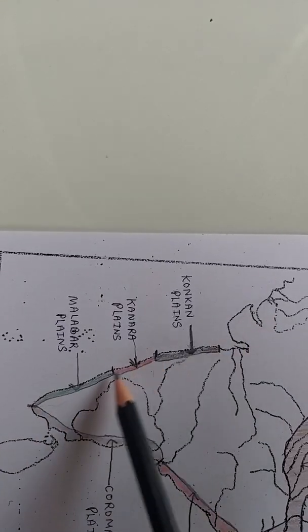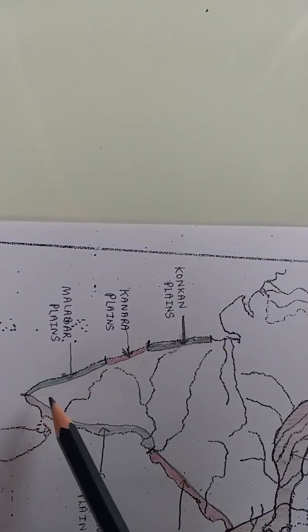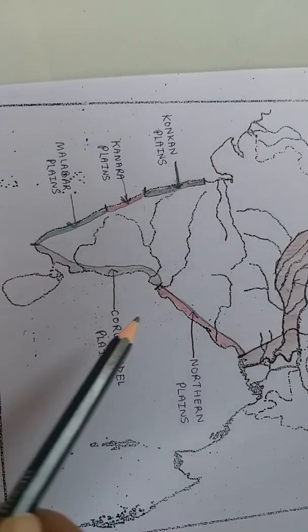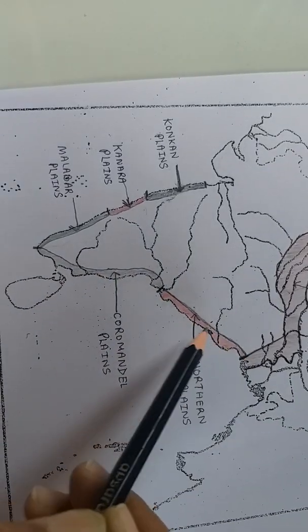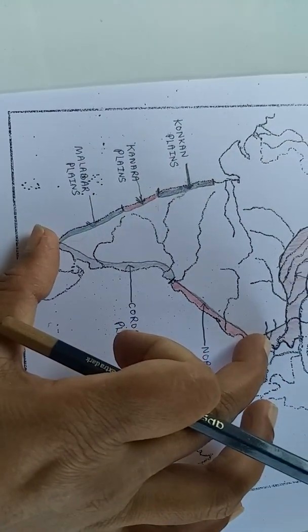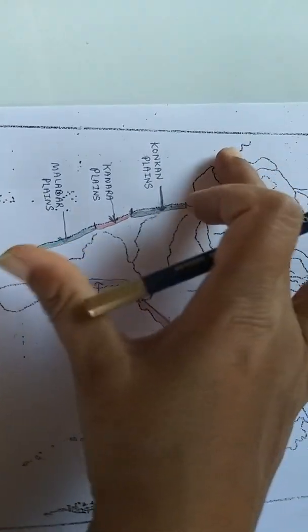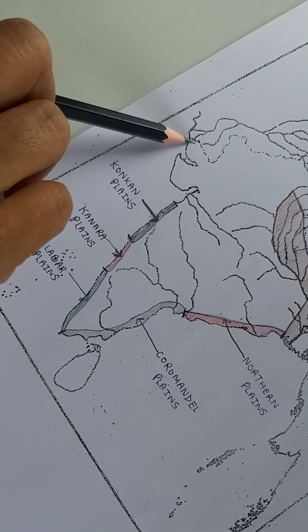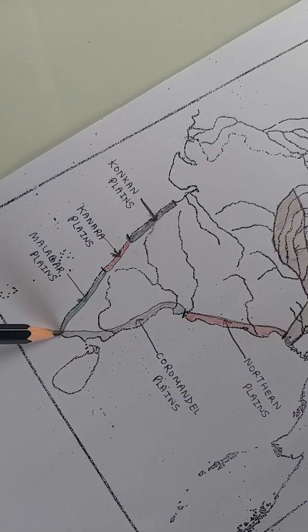And how we have shaded the different plains, the western coastal plain will be shaded in one color throughout. And for eastern coastal plain, in the similar manner, we have to draw how we have drawn. But instead of labeling into two parts, the entire coast has to be shaded with one color and labeled as eastern coastal plain. So from this part to this part, this is the entire eastern coastal plain. And from Gujarat to Kanyakumari, that is from this region to this region, this entire is western coastal plains.